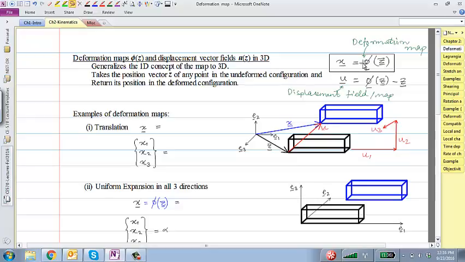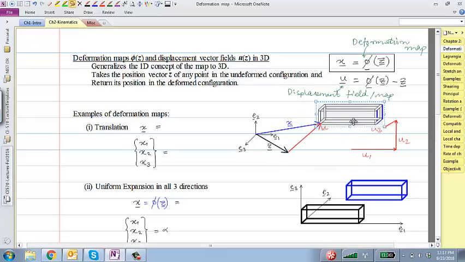So in going through all of these next chapters 2 and 3, what we're going to do is to try to set up a problem in such a way that will allow us to find phi. But for now, we are going to assume that we know phi, and we're going to try to visualize what a particular map looks like. So here's what some simple maps look like. If I have a translation, if I take this body that is shown here in black, and I just translate that to this new position,